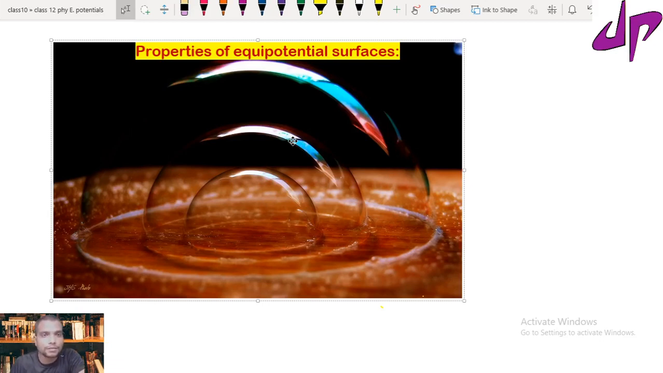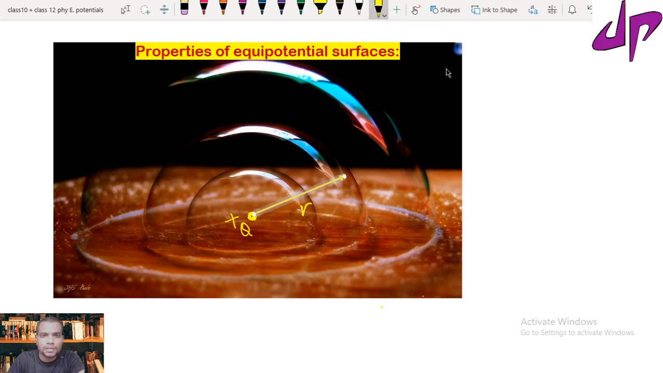Hi guys, let's see some properties of equipotential surface. Suppose I take a positive test charge, which is right here. I'll consider a positive charge, and these bubbles are the equipotential surfaces for this positive charge. So how is it? Suppose I draw on the surface,